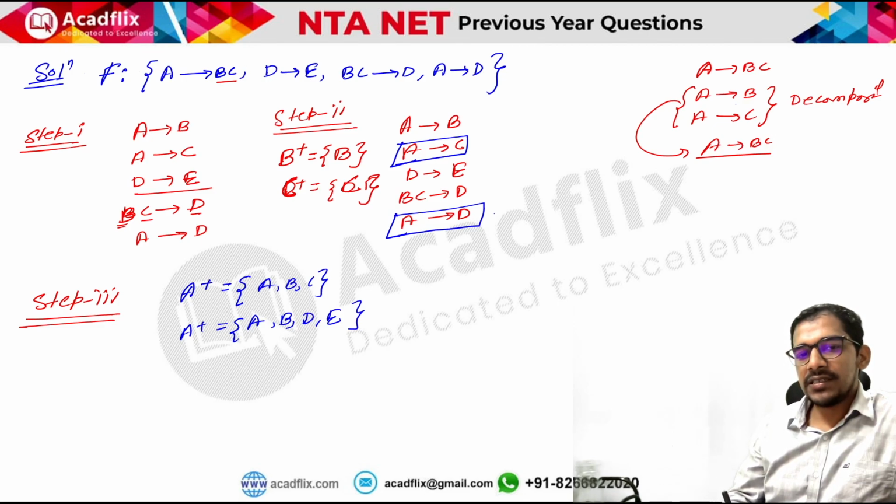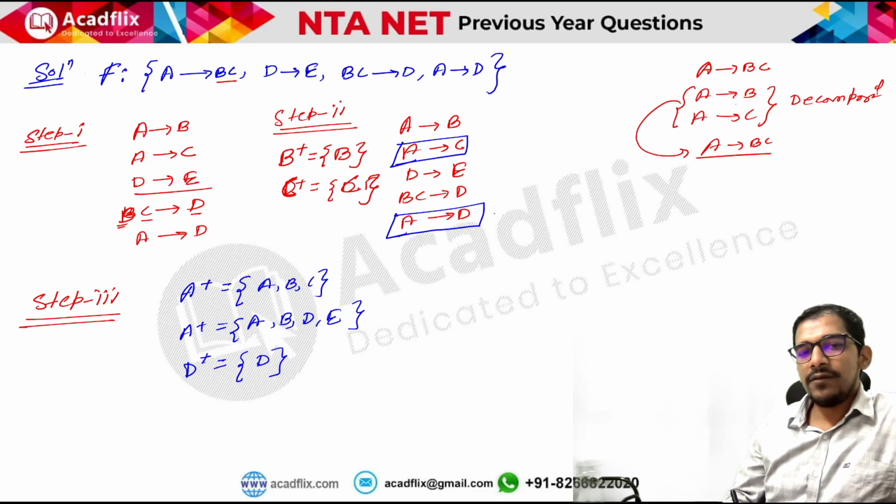So this functional dependency can also not be removed. If we check d tends to e, can we remove d tends to e? For that we need to take the closure of d and check what we are getting in the closure of d. In the closure of d we are getting only d, right? This means this functional dependency can also not be removed, because we are not getting e in the closure of d without this functional dependency.